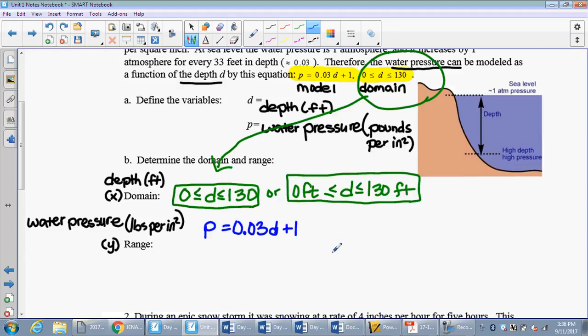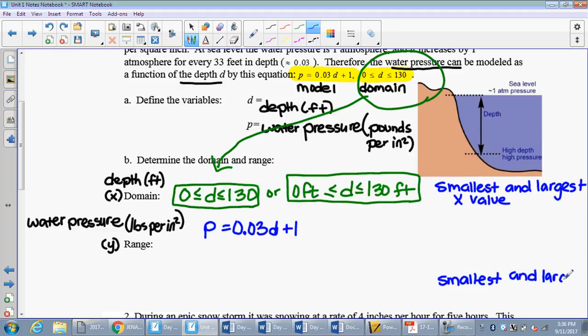Let's take a step back and really think about what domain is. Domain is the smallest and largest x value. Each x value has a corresponding y value. So if I'm looking now for the smallest and largest y value,